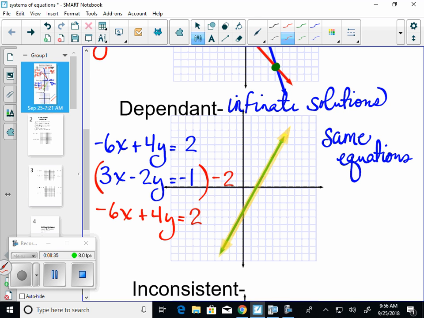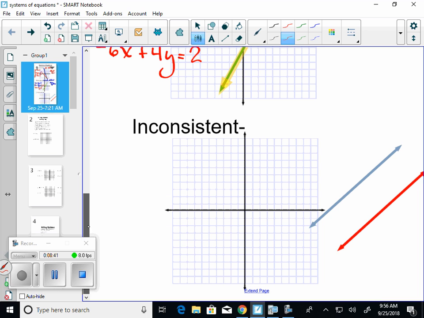Questions so far? So independent, one solution. Dependent, infinite, and you've got one other kind, and it's called inconsistent. If something is inconsistent, what does that mean to you? Are there things in your life right now that are inconsistent? Yeah. For example,